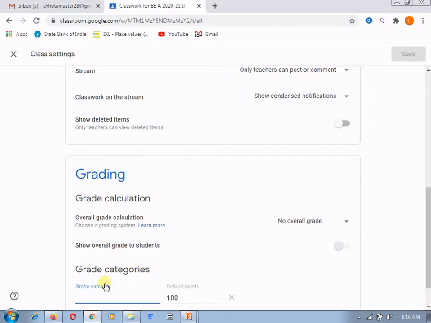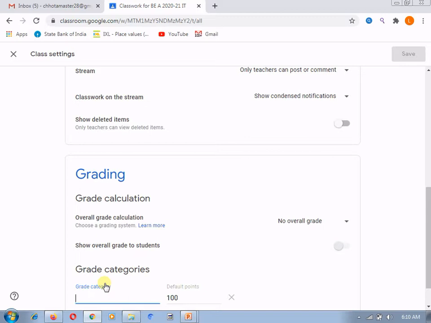What do we mean by grade category? Why are we supposed to create all these different grade categories? Suppose you want to divide the marks students obtain into different categories, for example term work or practical assignments, and you give some marks to their practical assignments and a few marks as internal assessment.